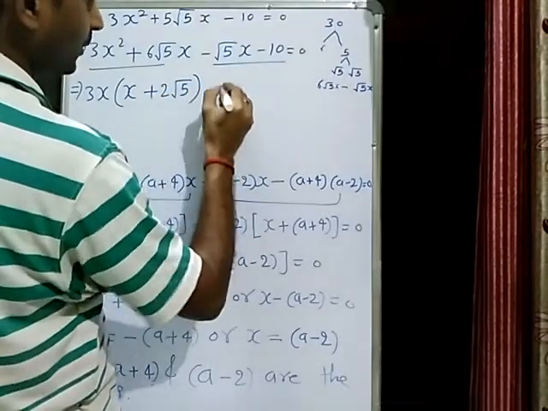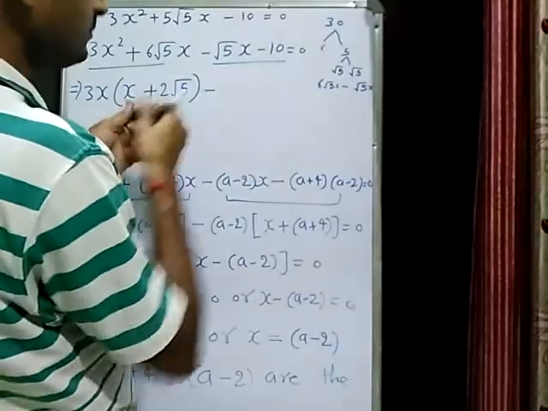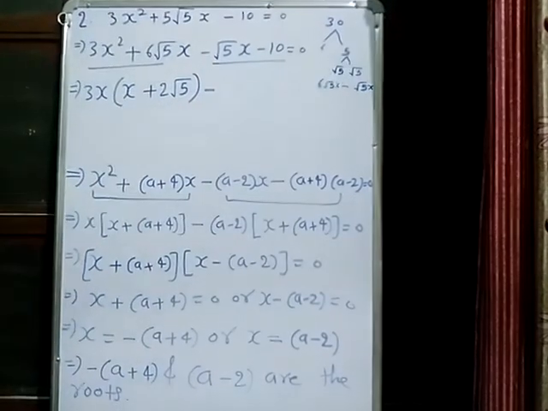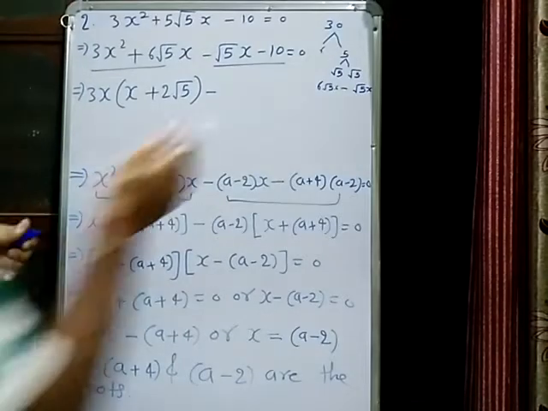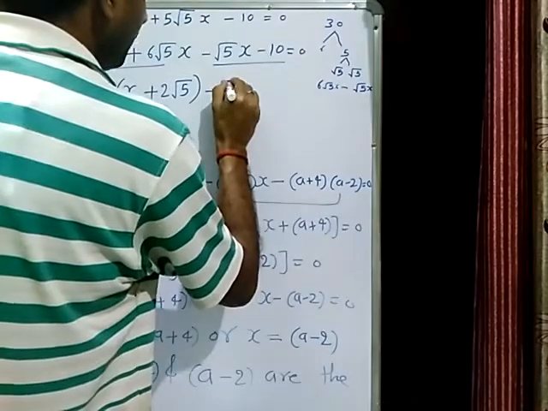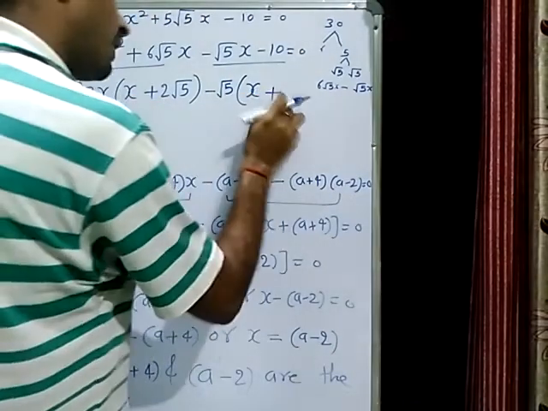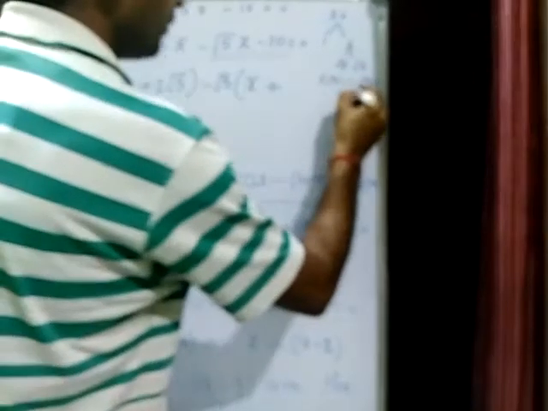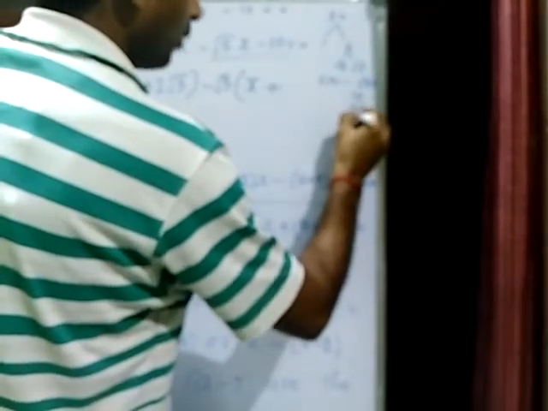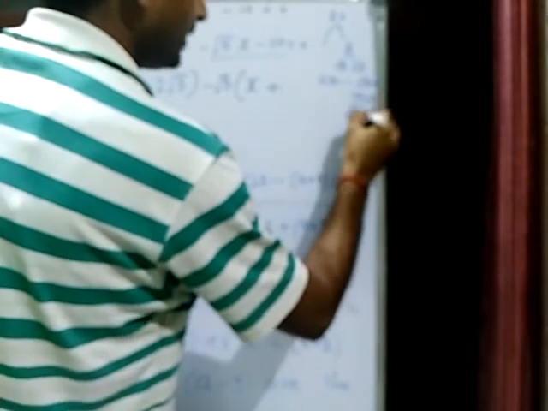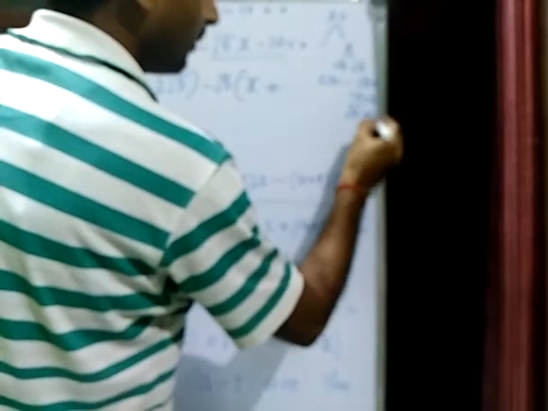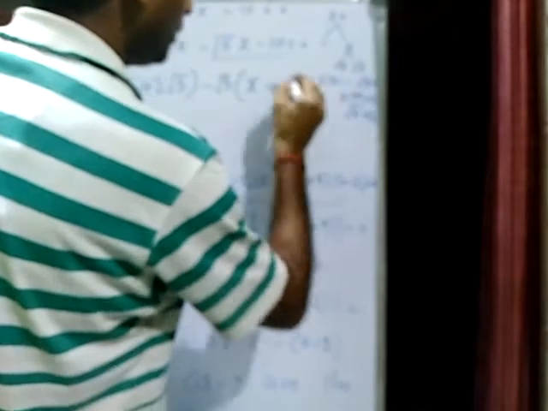And in the last two, what is common? Minus. And look, 10 can be written as 2 into 5, and 5 we can write as root 5 square. So therefore root 5 should be common here. What is remaining? X. Now look, here it is plus. Always find it out this way. If you don't understand, divide 10 by root 5. We divided 10 by root 5. You can rationalize it. If you rationalize it, root 5 into root 5 is 5, 5 twos are 10. So what is remaining? 2 root 5.